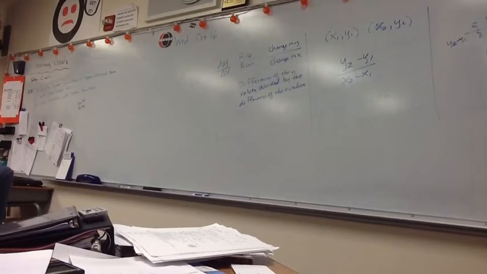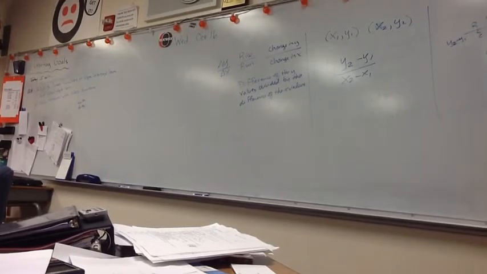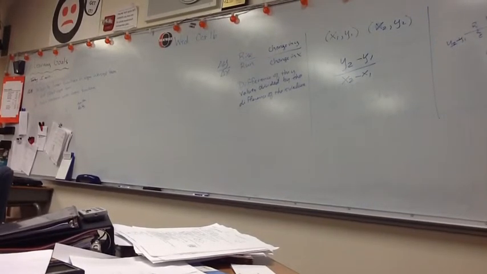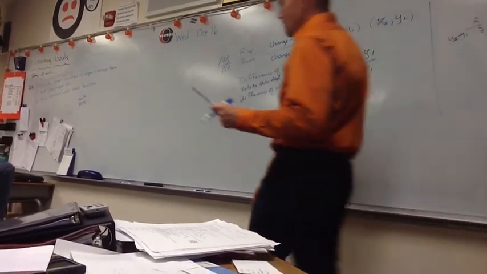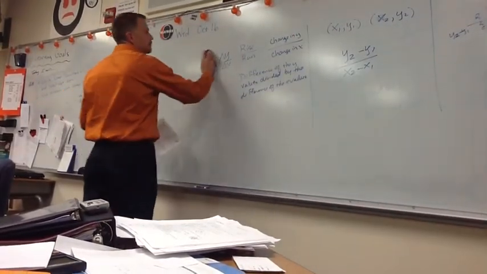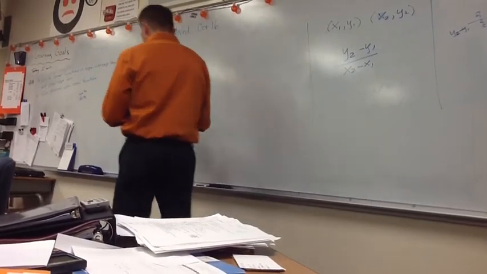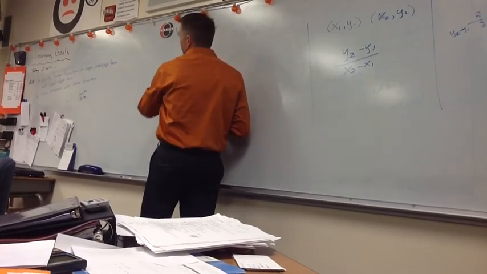And juniors, for NISA, what does the NISA test call slope? The NISA test doesn't say slope a lot, it says something else. Rate of change. So on the NISA, they use rate of change a lot, they don't use slope. Okay, moving to number 3, point slope. I'm going to cut my box in half and do the math over here and give you